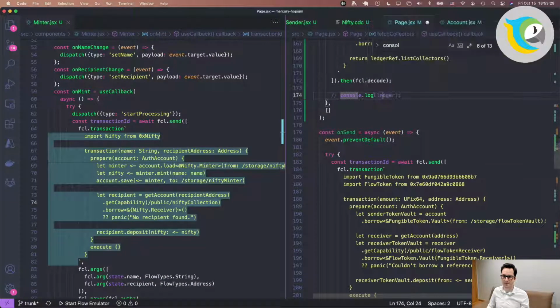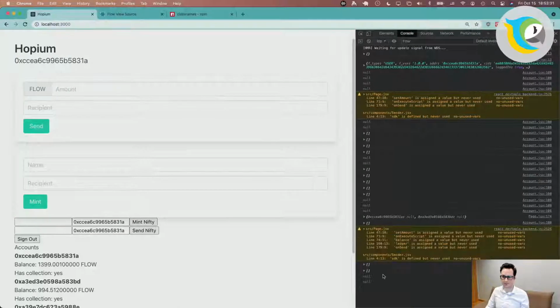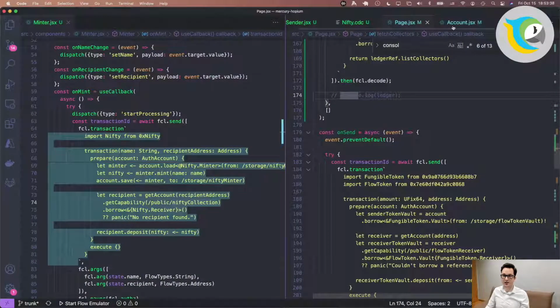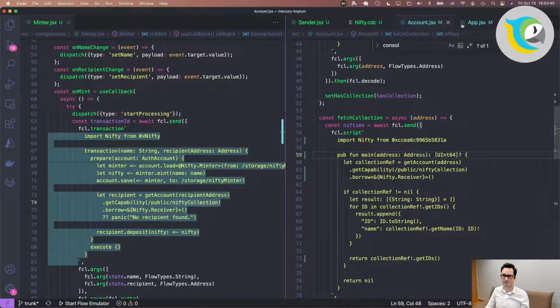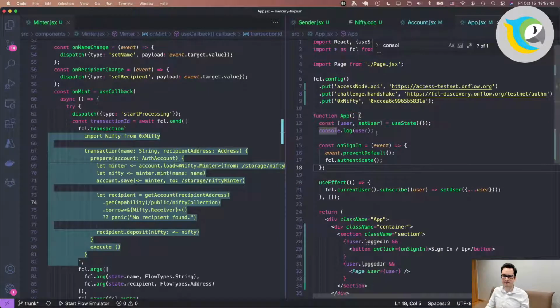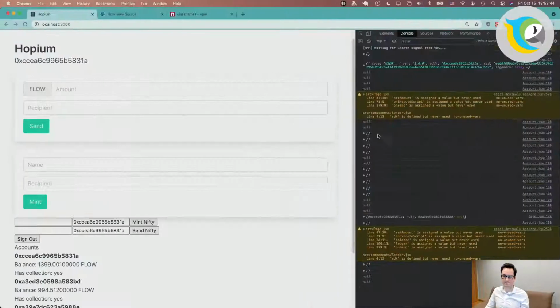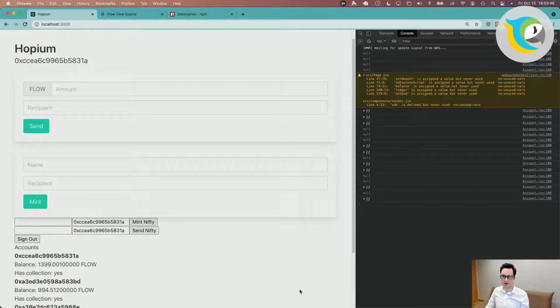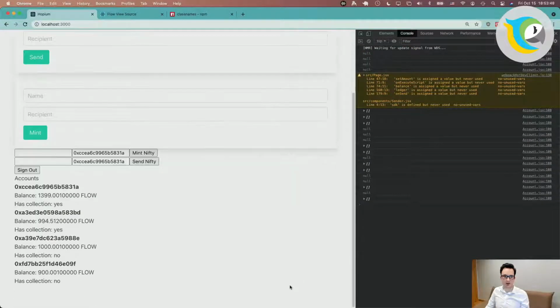Okay. And we have some console logs inside of app.js. Okay, so it should be pretty clean. We get a bunch of arrays and some nulls. Well, let's try and mint again, and the recipient's going to be me.